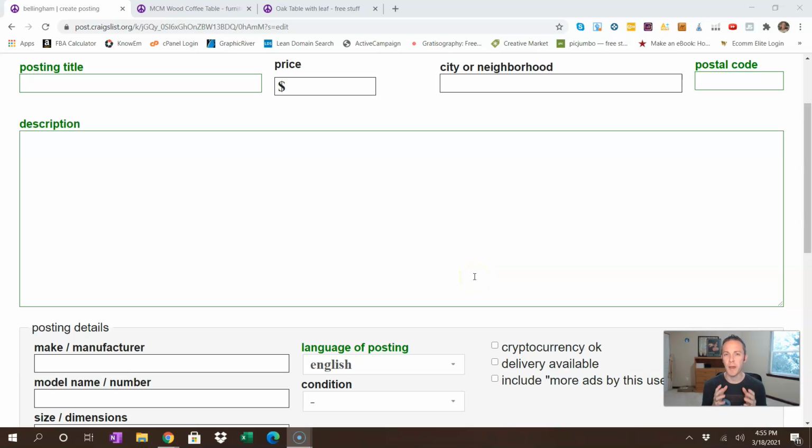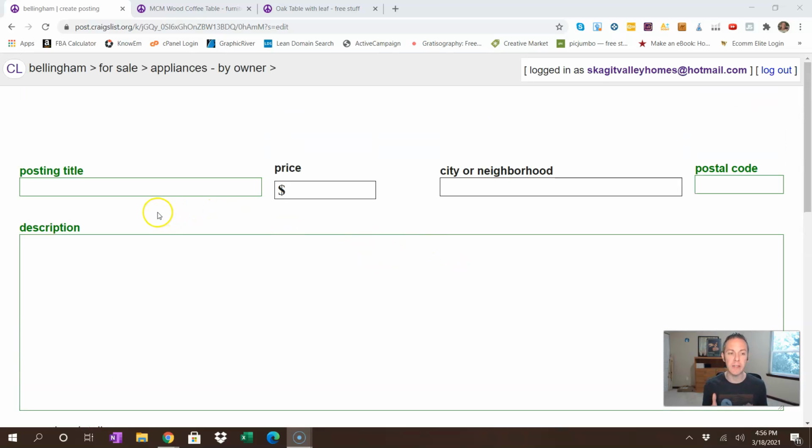All right, we're talking about the best practices for making your post on Craigslist. Some of this will also apply to the way Facebook Marketplace works, but we're going to focus specifically on Craigslist. So we're on a blank listing. We're going to use the coffee table, or the table,